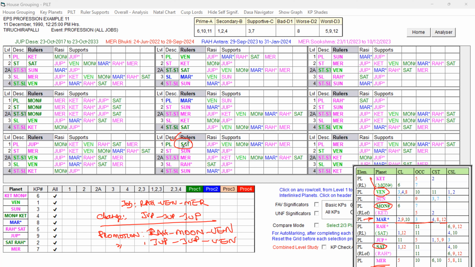Saturn is good, and it has Venus, Moon, and Mars in its support. The advantage in the PILT table, as you are aware, is that we can find the support planets by way of the support column itself. Whereas in the EPS table, we have to verify with the birth chart and check the significations, and check how the favorable or unfavorable planets are connected to each other. Saturn is in the star of planets that all have pink shades only. It indicates they are not very strong, and not very bad also.